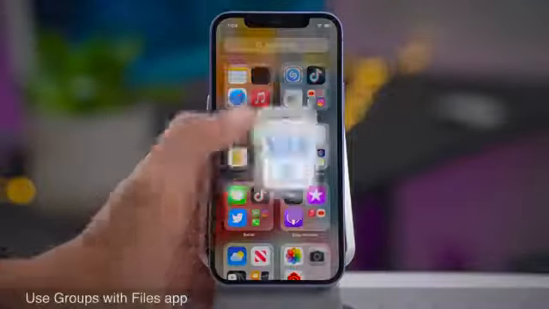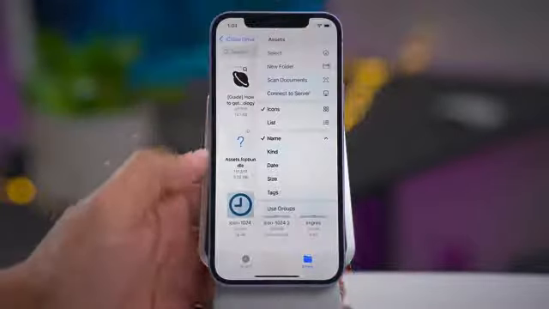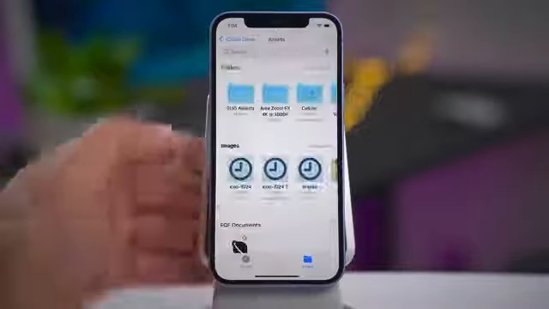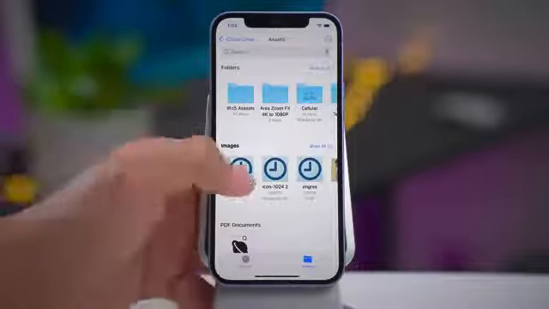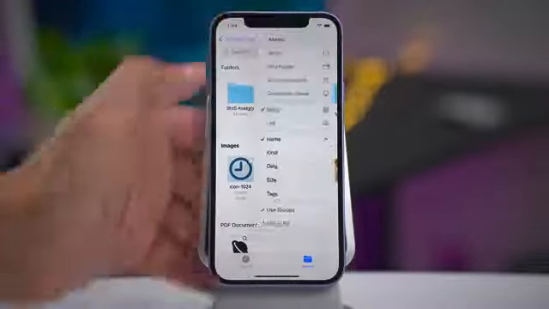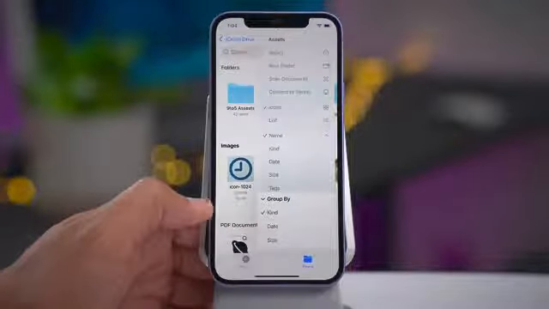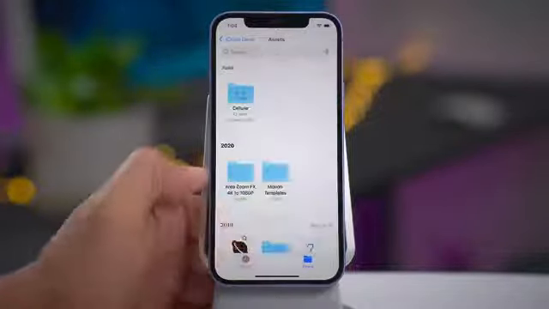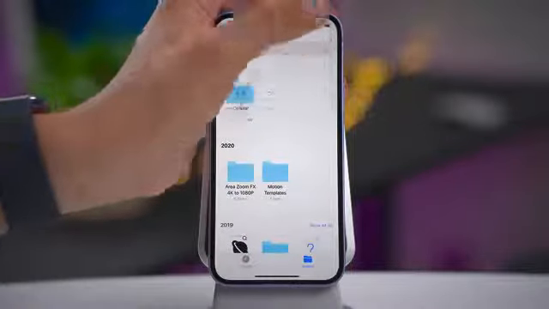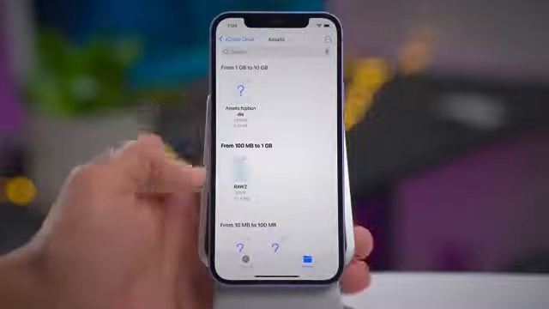Now in iOS 15, you can group like files together in the Files app. Just tap the ellipsis button, select Use Groups, and there you go. You have folders grouped together, images, PDF documents, etc. You can also group by different parameters. Just tap Group By and you can select Kind, which is default, Date, or Size. Now this is particularly useful if you have a lot of data in the Files app to help you stay